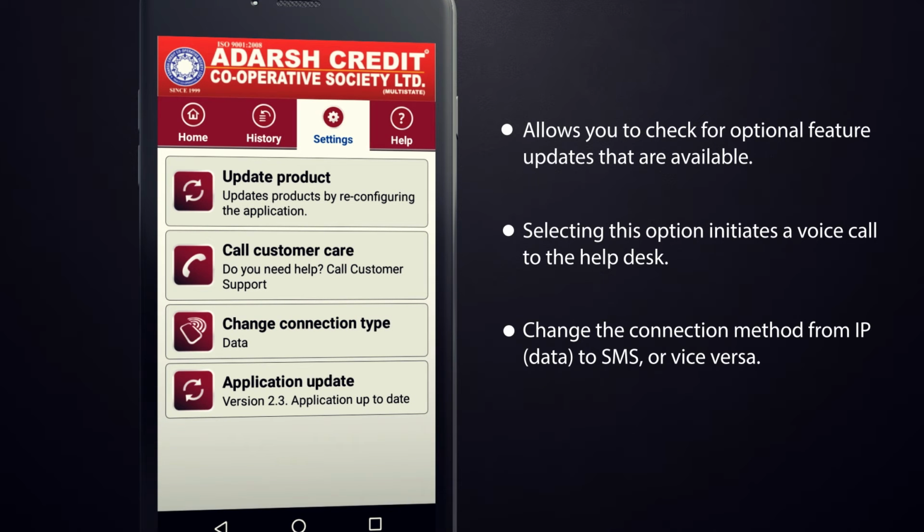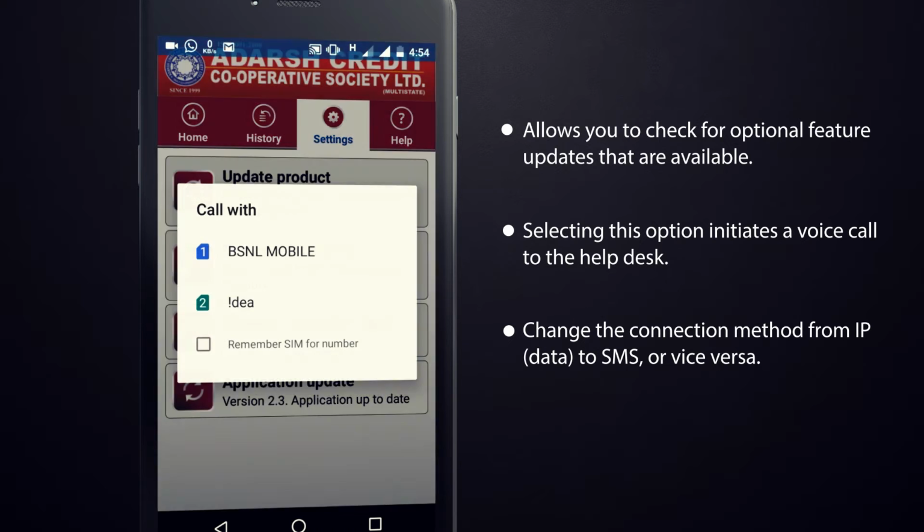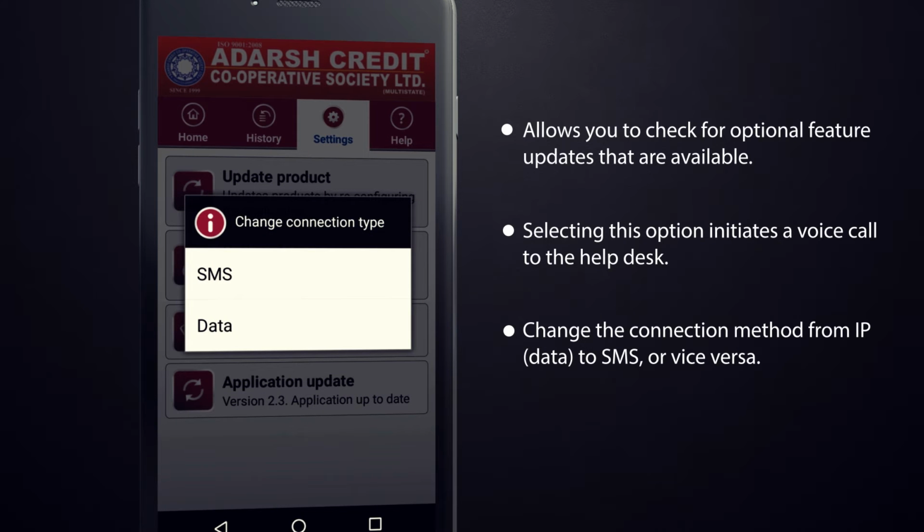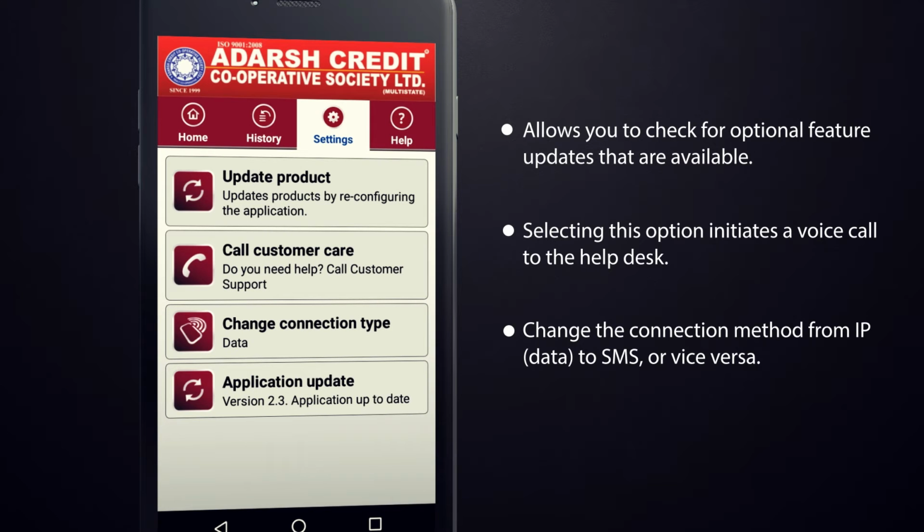You can initiate a voice call to the help desk through Call Customer Care tab. You can change the connection type, either data or SMS, through Change Connection Type tab. Finally, Application Update tab will help you to update your application periodically.